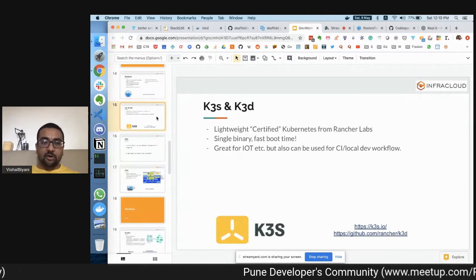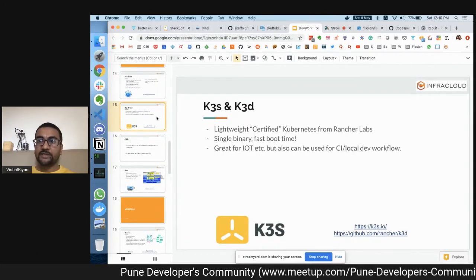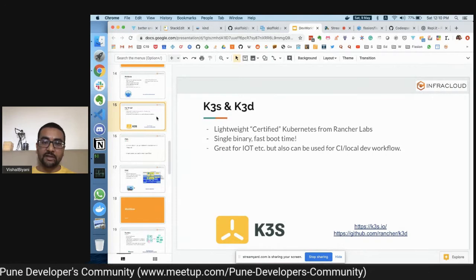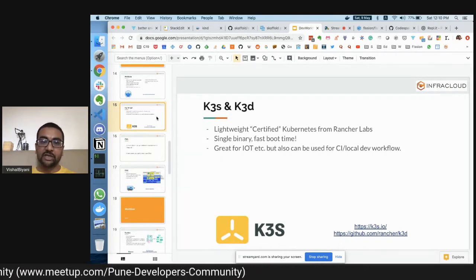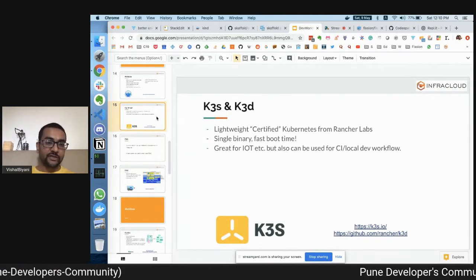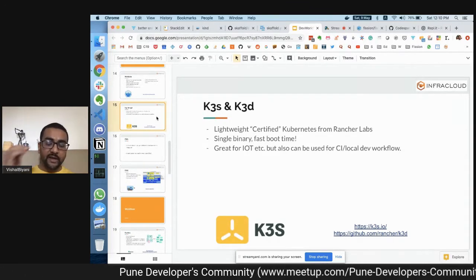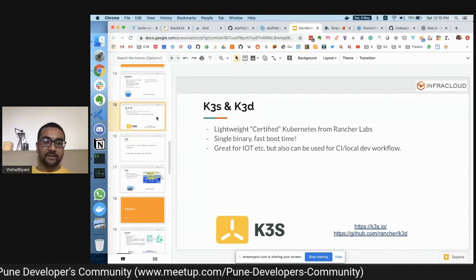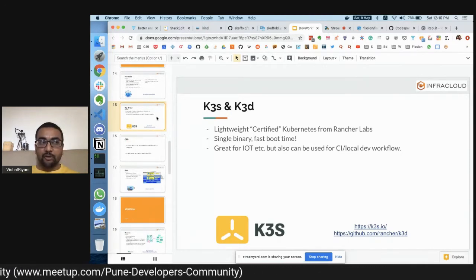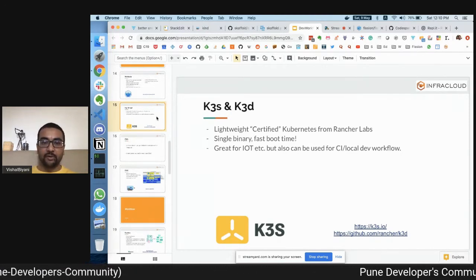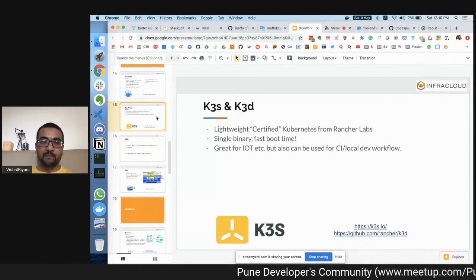There's another option called K3s. This is a project from Rancher Labs, created as a lightweight Kubernetes for running on the edge. But a lot of people found great use case for doing CI or development workflow. And there is an ancillary project called K3D, which enables you to manage K3s effectively. It's a great project. It's a single binary. It boots up really fast, like less than 30-40 seconds, and it's a